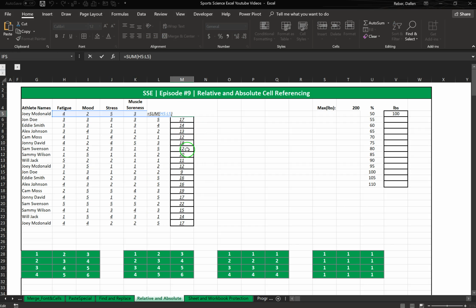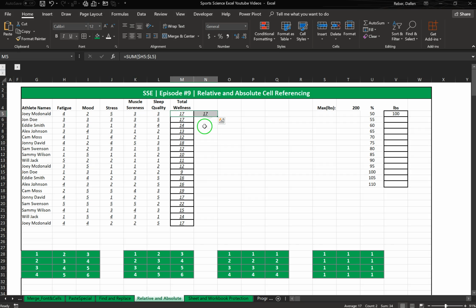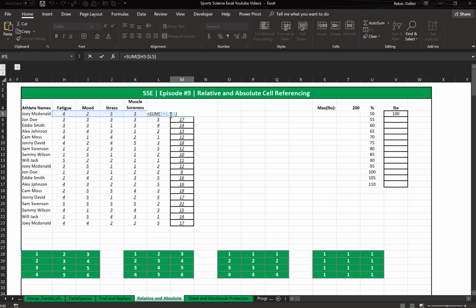Now you could come in here and, let's see, lock the column just for safety purposes if for some reason it got dragged over, but it still should work if you drag it down. Perfect. Okay, but just for the sake of explaining it,